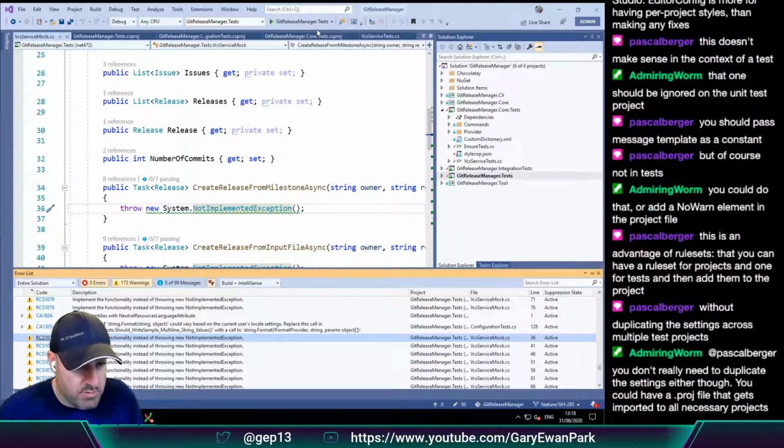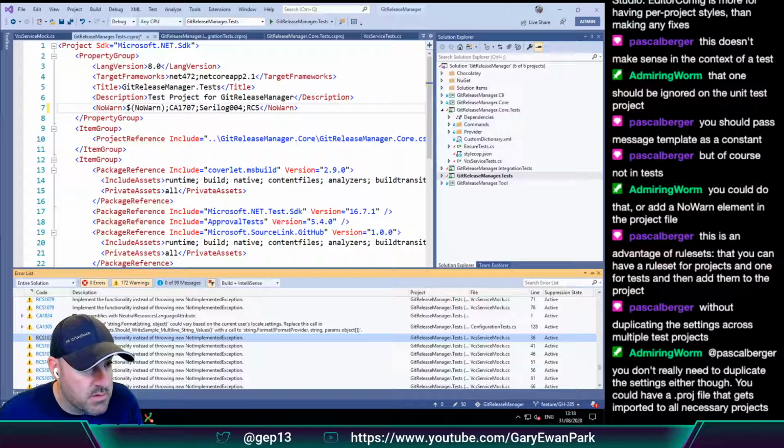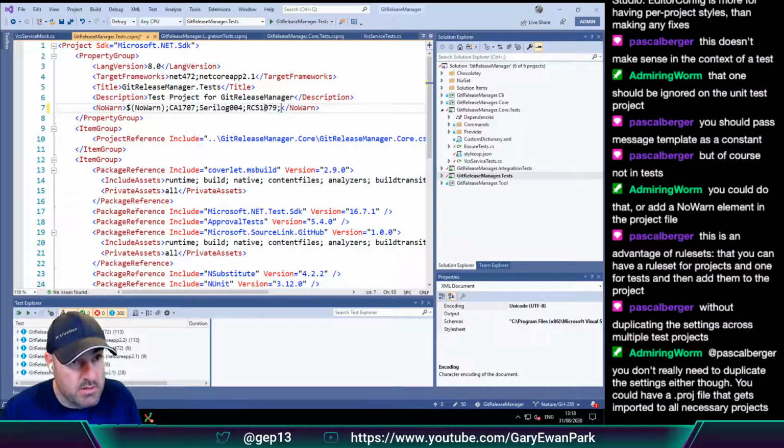I think this is really what Kim's getting at. You add it in one place. So we may have to refactor what we're doing here. But that was RCS 1079.